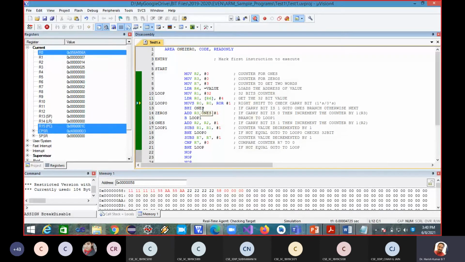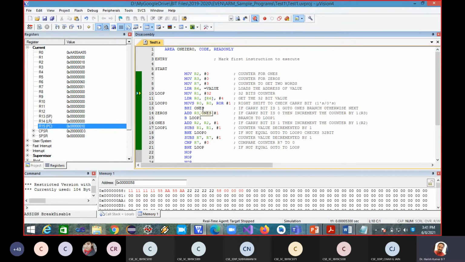So now 7, 6, 5, 4, 3, 2. Let us slow down. So we are done with the second consecutive memory location as well. Next is the third consecutive memory location. So subtract, compare, and then loop back.